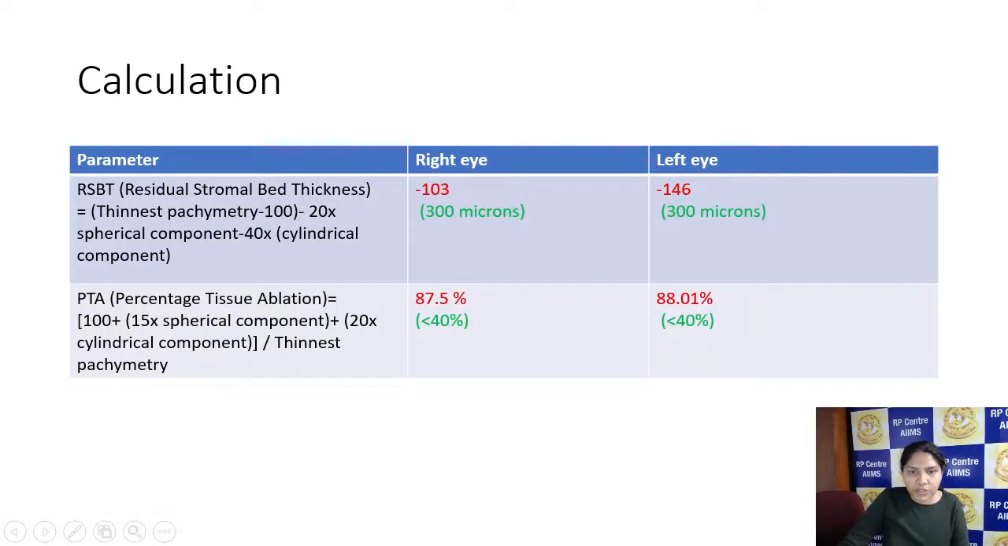So if the patient was to undergo a corneal refractive surgery, the residual stromal bed thickness would be negative in both eyes, and this is what we ideally want for the patient. PTA is the percentage tissue ablation, which would have been 87.5 in the right eye and 88.01 in the left eye. So ideally it should have been less than